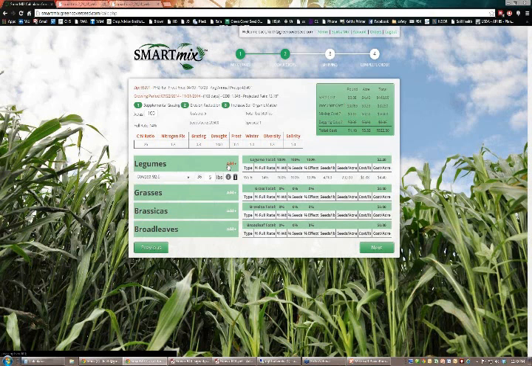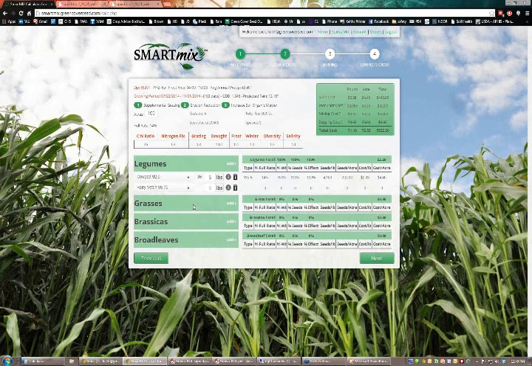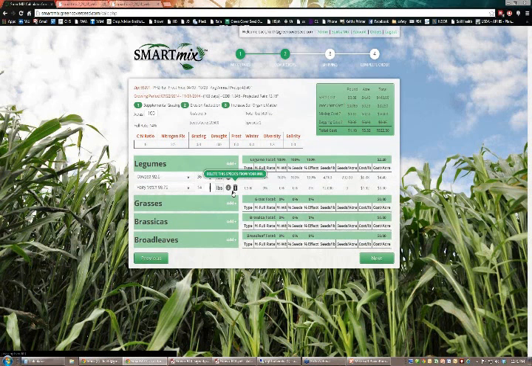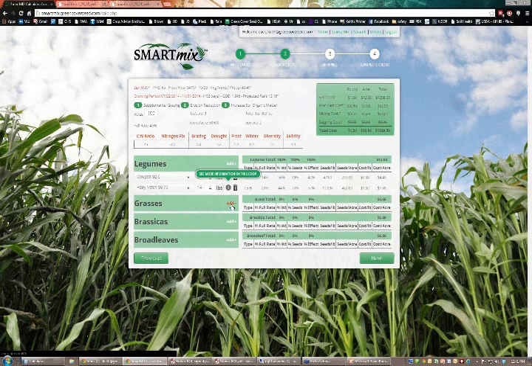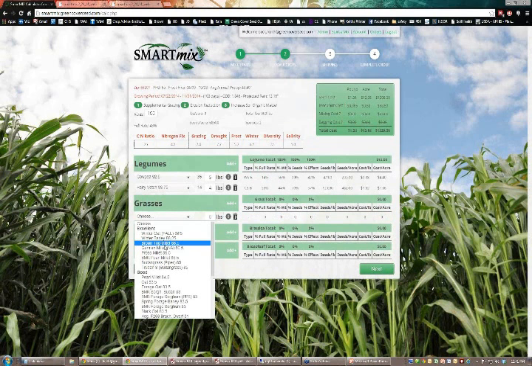So I'm going to add one more legume here, and then we'll go add some other grasses and stuff. Let's go ahead and do some hairy vetch, because we do want to graze this, and we maybe want to graze it both in the summer and also later on as well. So we will do hairy vetch. It's saying 14 pounds is a full rate, so we'll go ahead and do 4 pounds of that. And then we'll go add some grasses. I'm just going to add a number of things here, then we'll go back and look at what some of this information is. Under the grasses here, we've got a number of different choices.